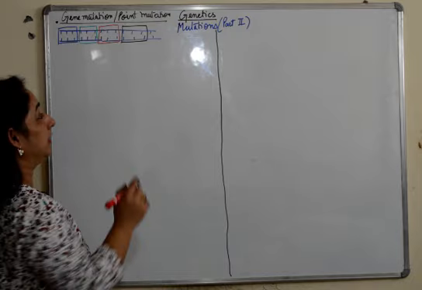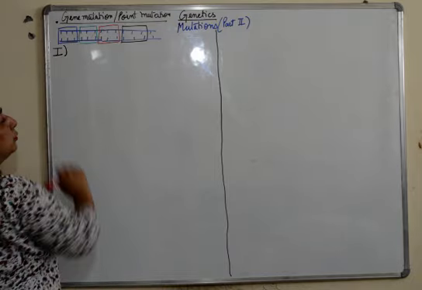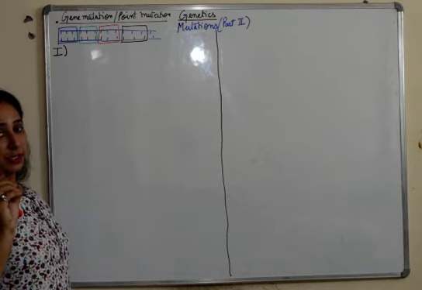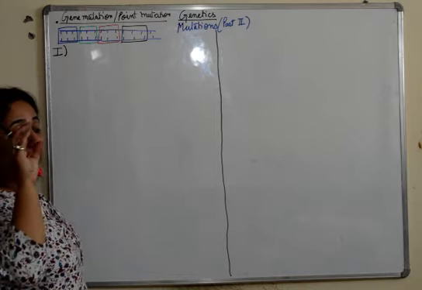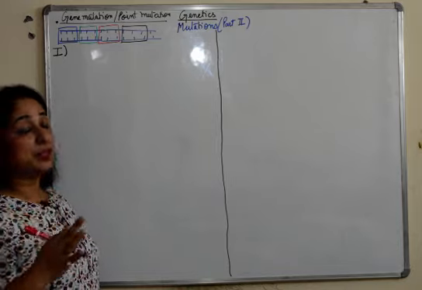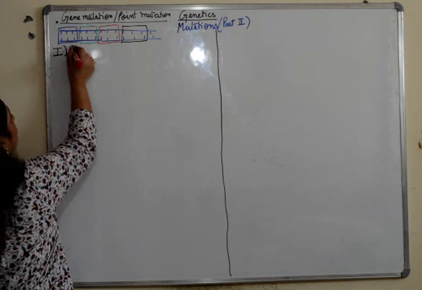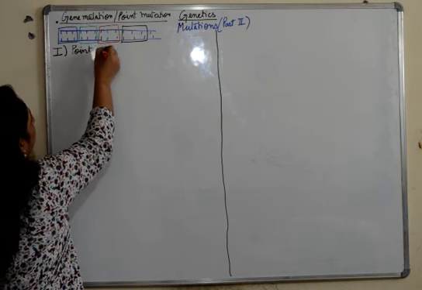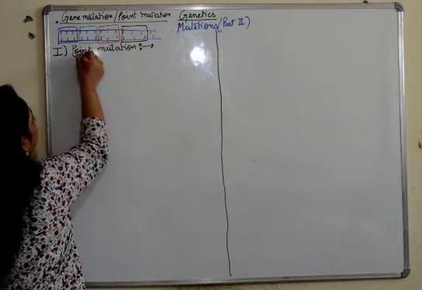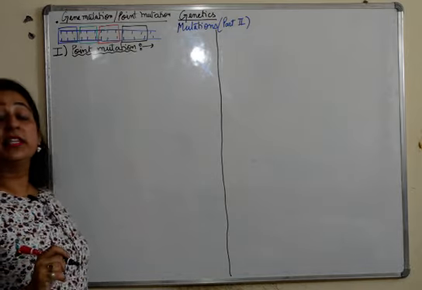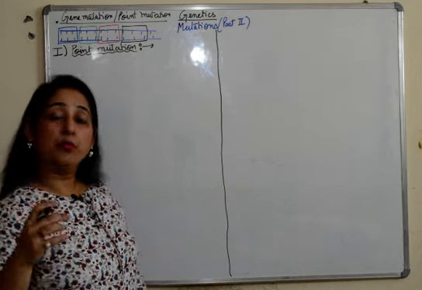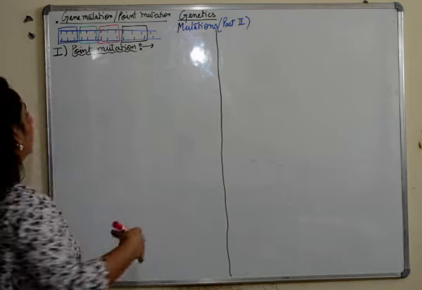We'll take them one by one. The 3 types of gene mutations are point mutation, inversions, and frame shift mutation. The first one which we are going to talk about is point mutations. We have already done point mutations when we were discussing sickle cell anemia in pleiotropic genes. So we have already discussed that, but I'll just take up the thing again.